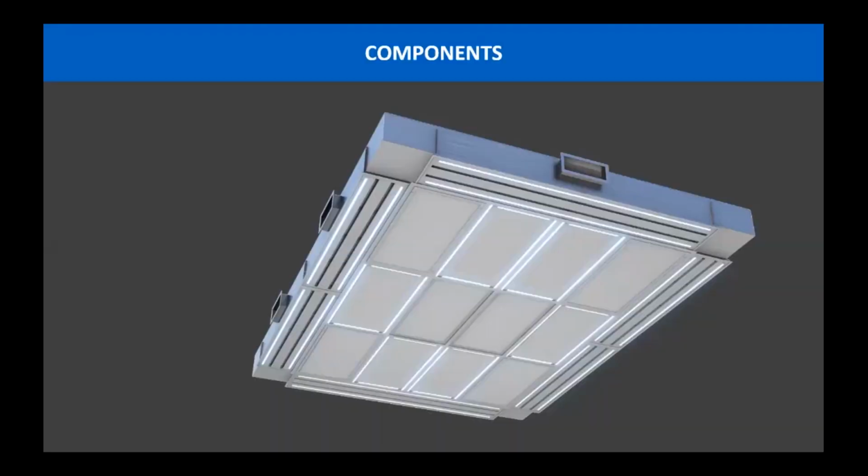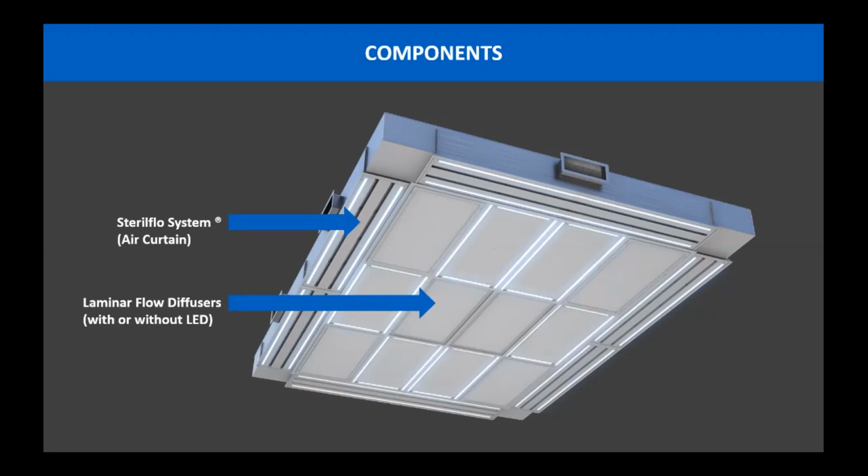So here we have our SteriFlow air curtain wrapping around the laminar flow diffusers, which in this case are 5000 series laminar flow diffusers. So the air curtain is going to encircle the critical zone and discharge down vertically at a higher velocity than what we see from the laminar flow diffuser array. That higher velocity air curtain will create a second layer boundary to prevent any airborne contaminants from entraining into the critical zone. Instead, the contaminants should entrain into the air curtain discharge pattern and then be swept into one of